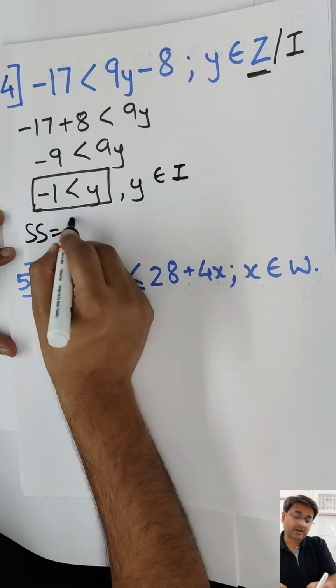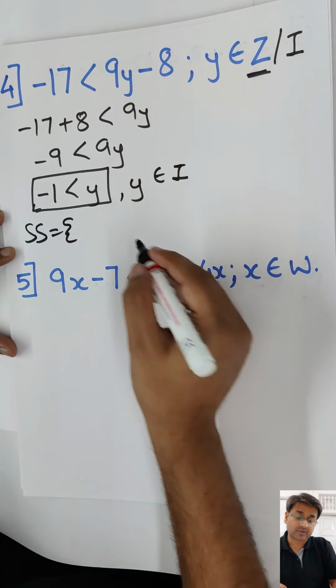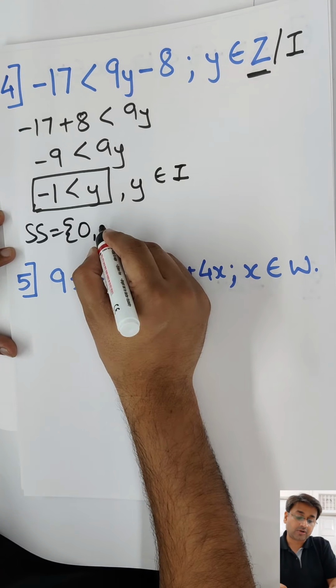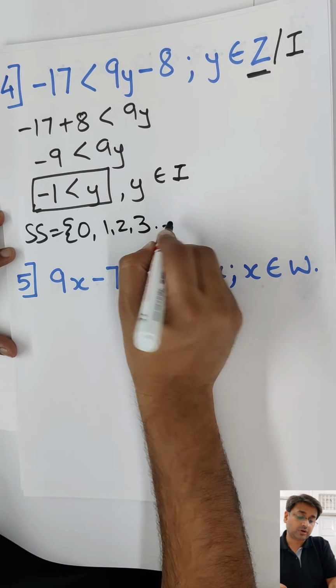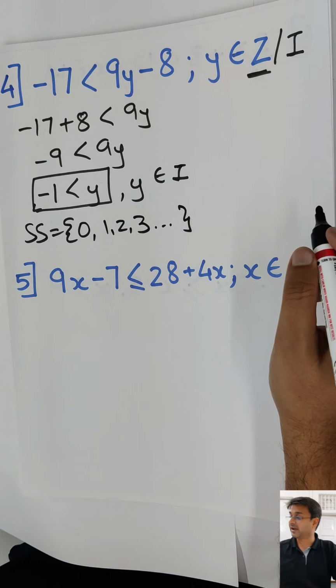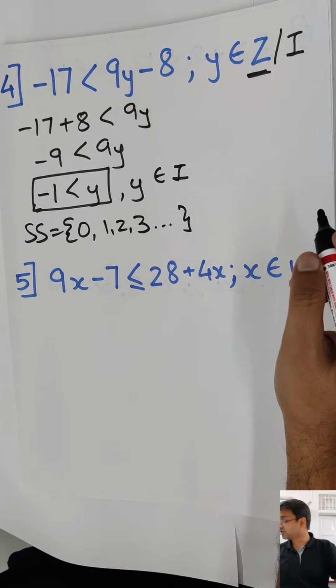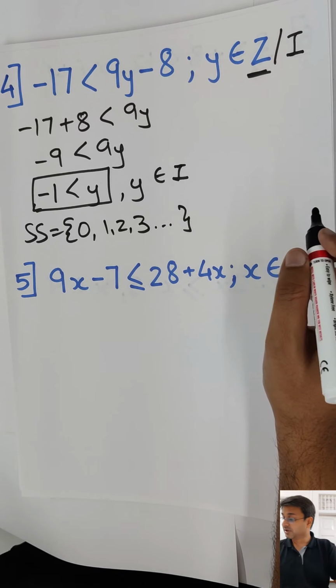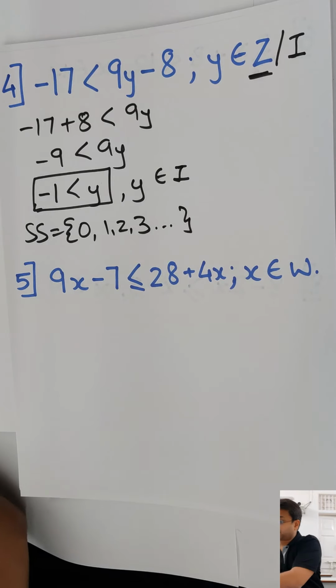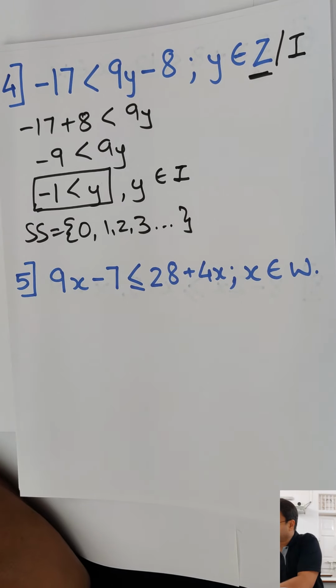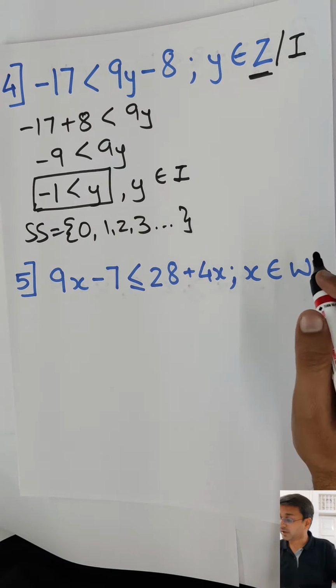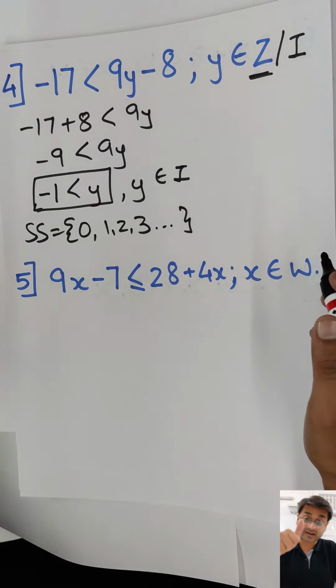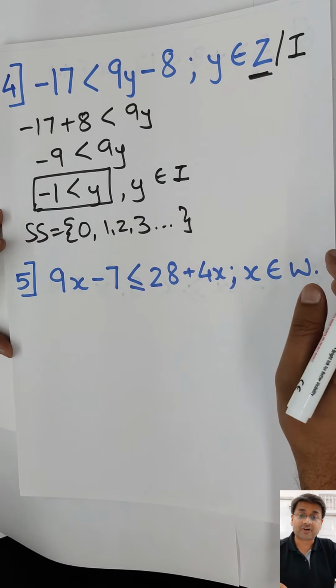So what will be my solution set? Y is greater than minus 1. So it's 0 onwards, and it's not even equal to, till infinity. That should be my answer. Can I just check the answer? I want to see if I have done it correct or not. Yeah, so let's look at it. 15a, this is sum number 4. So 15a, sum number 4 is absolutely correct. Good job. Come on, sum number 5 on your own.